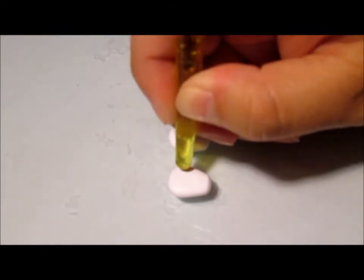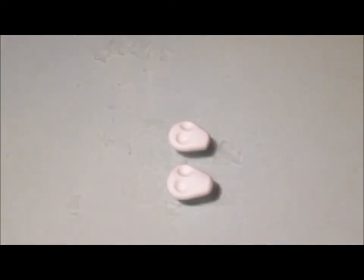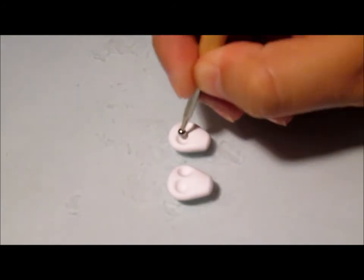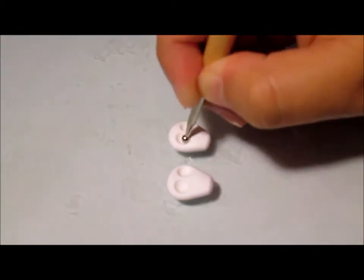And then 2 on the other side. On the other one. And you can kind of do it over so it'll get the right shape. And what I like to do is just go in with the little dotting tool and circle it a little bit so I can make them a little bit more